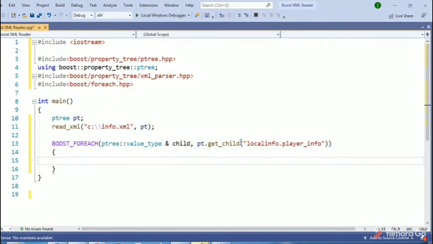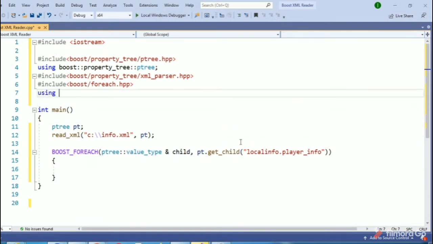Now in this for loop we will read those children. First I will print, let's add using namespace std, so we'll have to write fewer keywords.